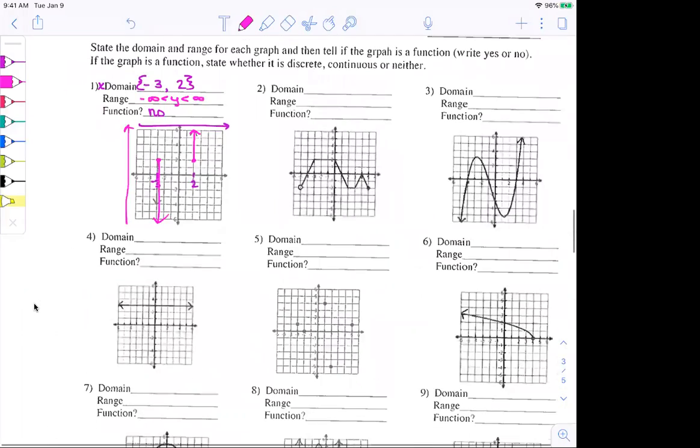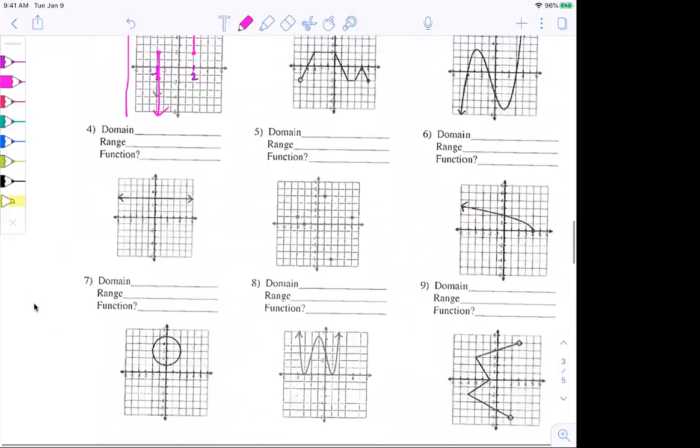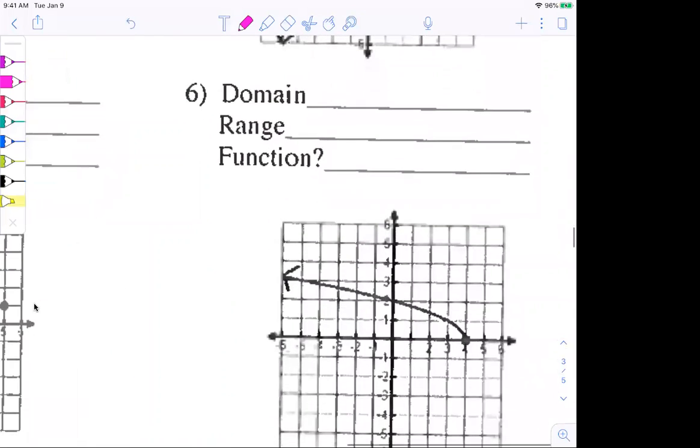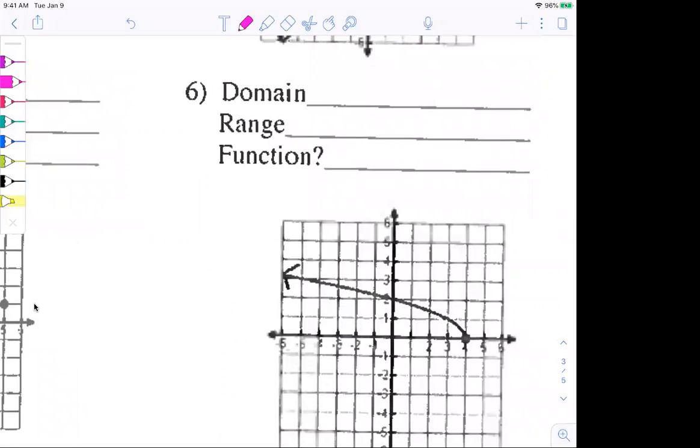All right, as I said, I'm going to skip around. So let's look at number 6. And let's look at the domain of number 6. So the domain is the x. Maddie, do you think you can give me what you have for the domain for number 6? I have x is less than or equal to 4. Yeah, why do you say that? Well, I actually got this one wrong, but I looked at the answers and I was checking over my work and just put that, so.